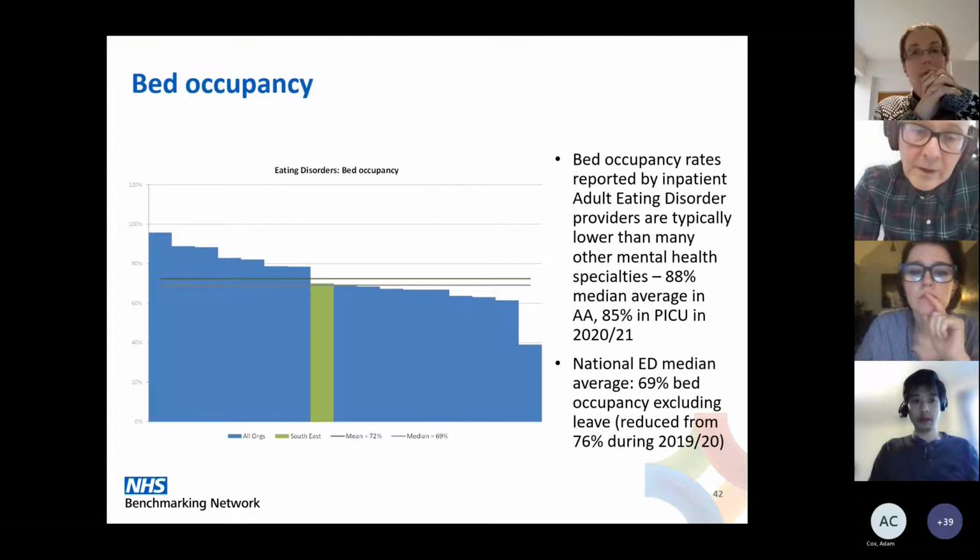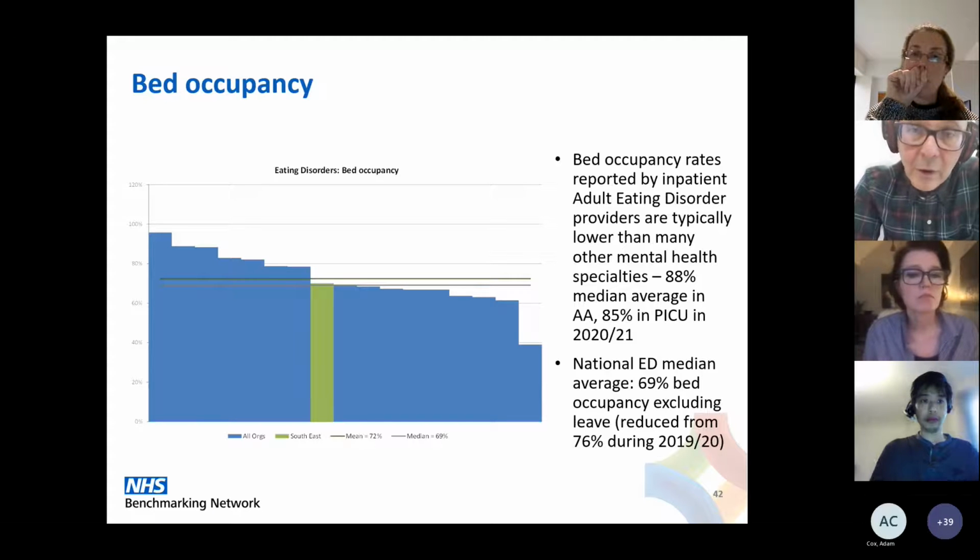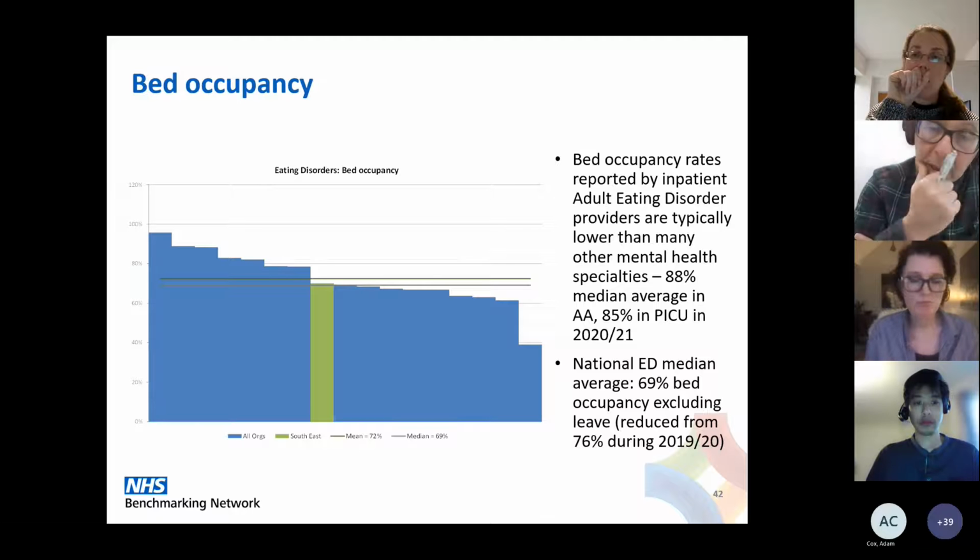So it is on the low side. Obviously, we can draw comparisons with elsewhere. So adult acute was about 88% last year, and PQ about 85%. So it's low compared to other adult specialties. So there must be something about this. We know there's demand out there because people do overflow into general adult facilities, into general medical beds and gastro beds, for example, because of lack of availability of